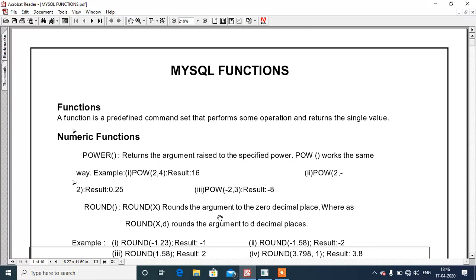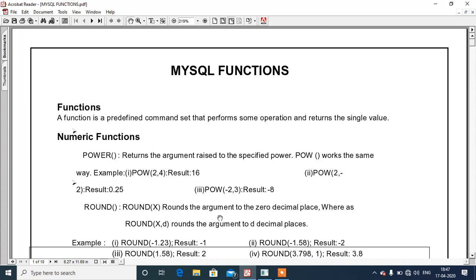Basically, the functions that we use in MySQL are either single row functions or multiple row functions. Single row functions are those functions that work upon every row of a table and return a value, and multiple row functions are also known as aggregate functions that return one specific value for a set of rows.